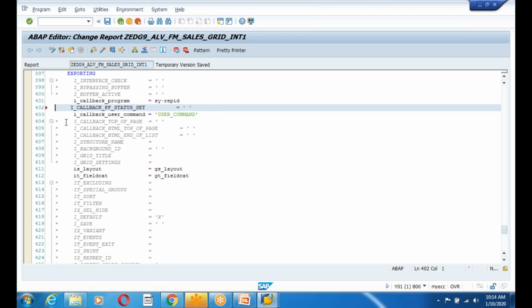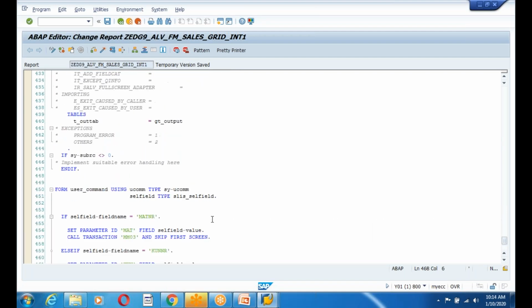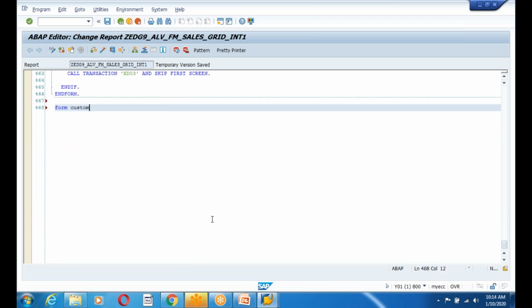PF status. Normally, in a normal report, we use SET PF STATUS. Here also it is the same. First, you must declare a subroutine. It's a custom toolbar. This is the subroutine which you need to define here, and this subroutine you need to call over here. So what is the subroutine? Custom underscore toolbar, and using